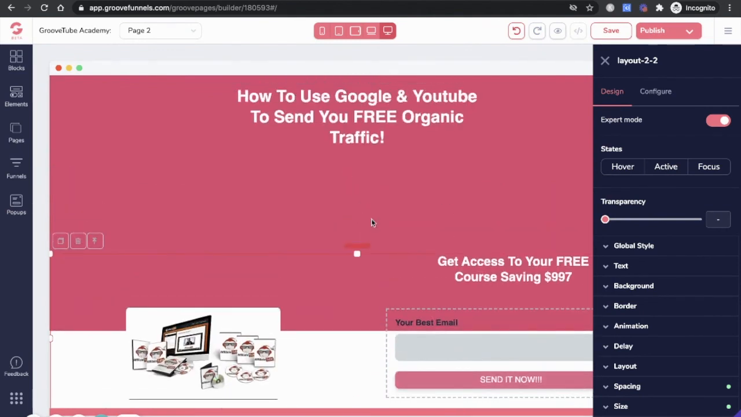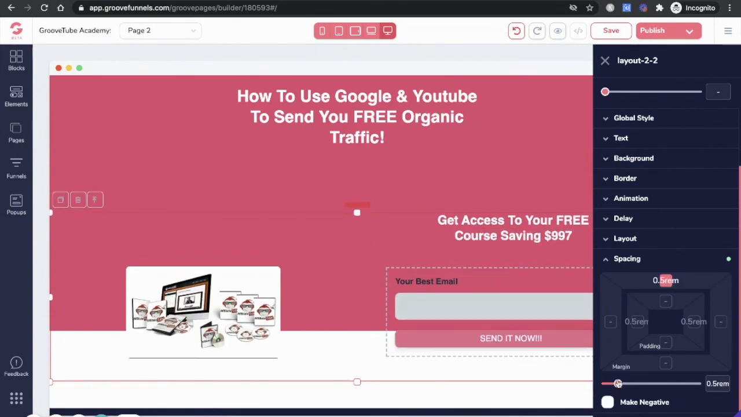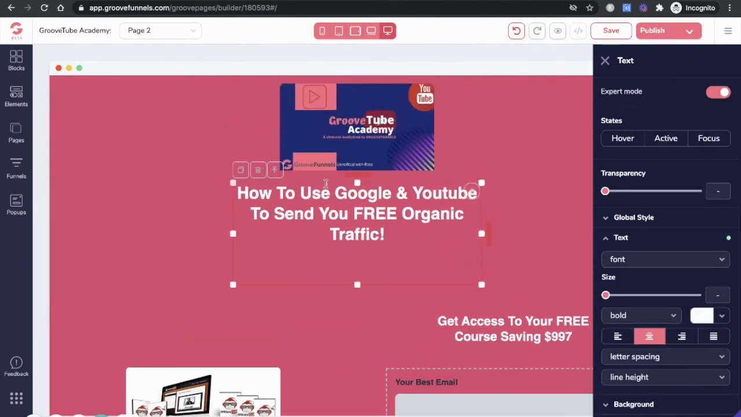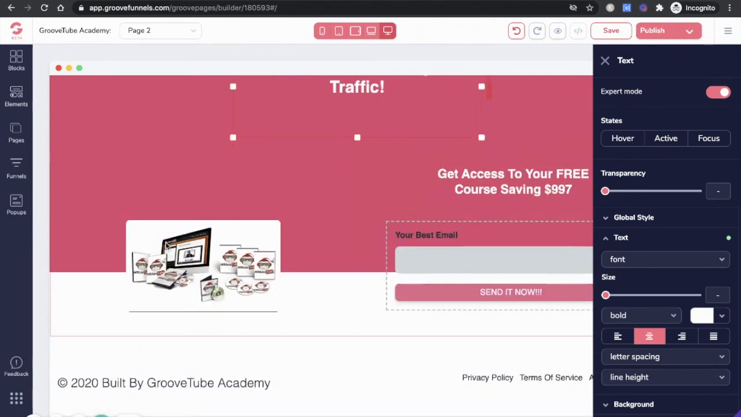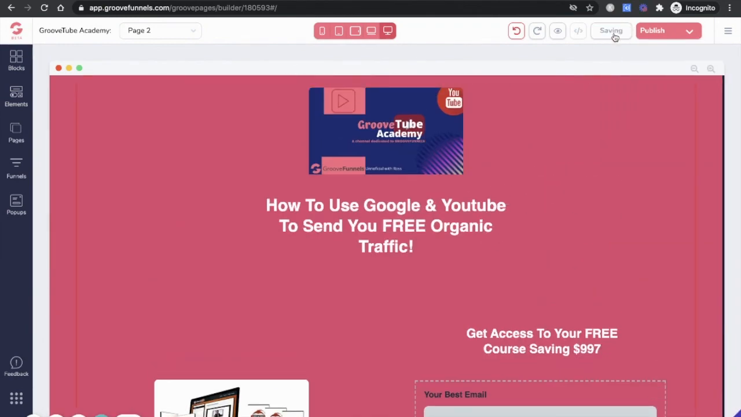So let's just see if we can reduce the margin in the top here, which is what we've done, and see if we can bring this down ever so slightly. Yeah, so we're just about there, I think. Let's do that. So if we now just save that,